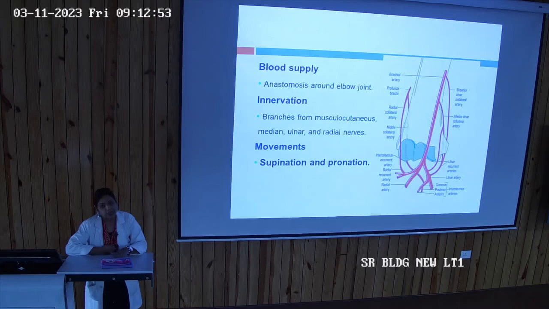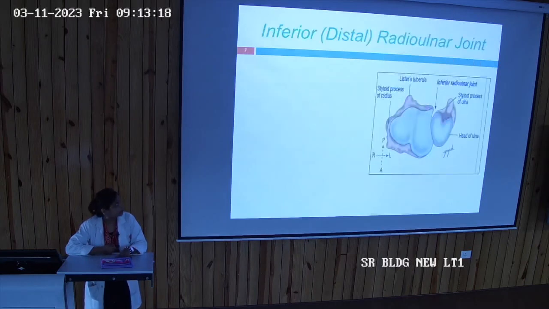Now, these are the headings that you have to cover whenever a question is asked about a joint. What is the type of the joint? What are the bones involved? Articular surfaces, then the ligaments, then blood supply, nerve supply and movements. In the movement, we will talk about how the movement is carried out and what the muscles responsible for these movements are. That we will discuss later.